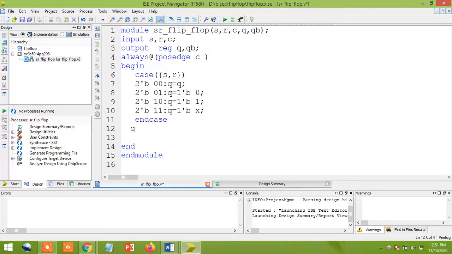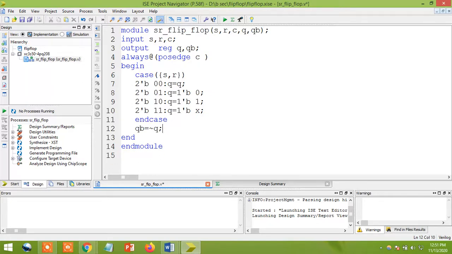After endcase, I'm going to write here my QB is equal to what I'll get. It's a complement of my Q, right? So what is the symbol we are going to use for complement? Symbol name tilde. Yes, I'm going to use tilde of Q. Give a semicolon. That's all.